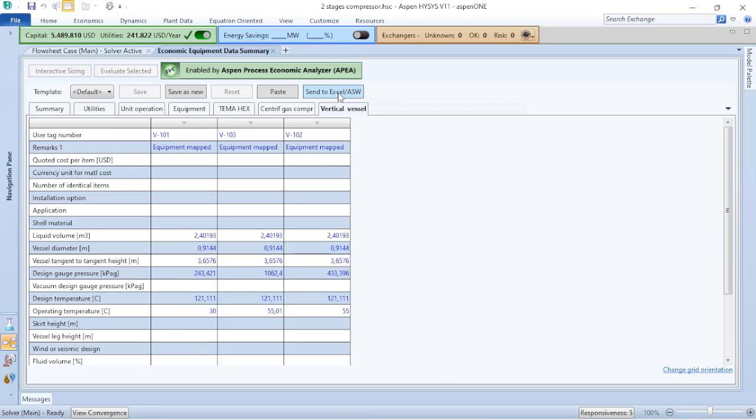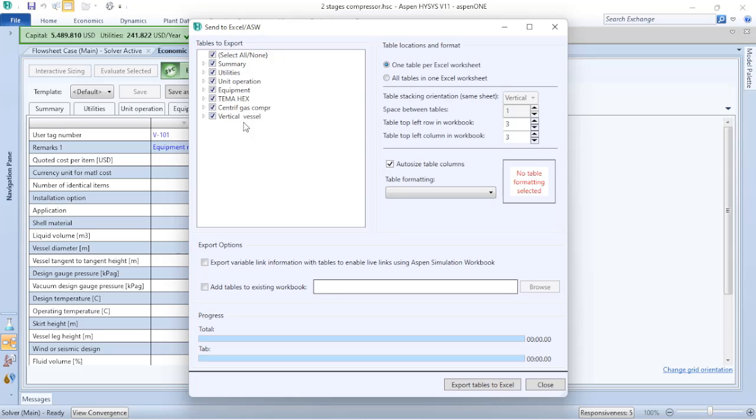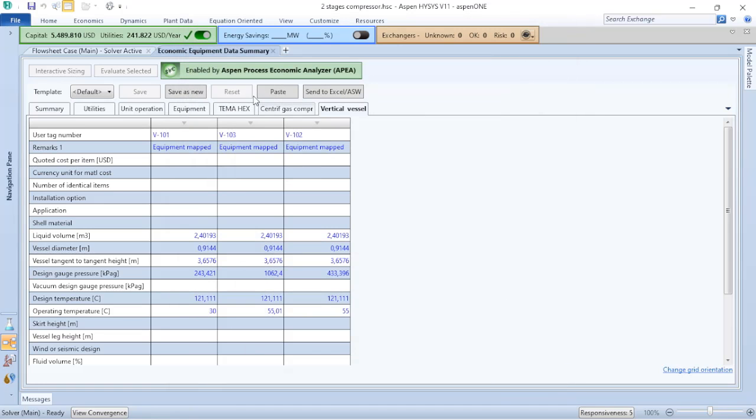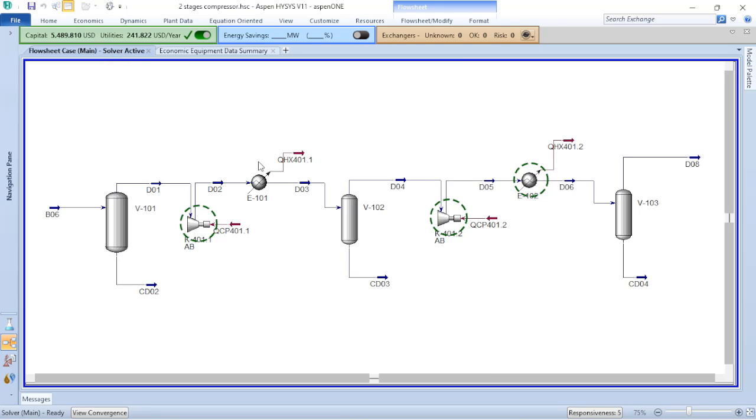So if you click here, you can choose what kind of information you send to Excel, and with that perform the evaluation that you need to. I will not do that. I will return to the process simulation, and here I want to share with you some considerations related to the